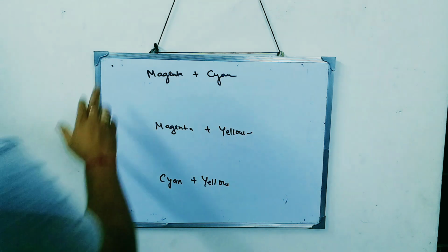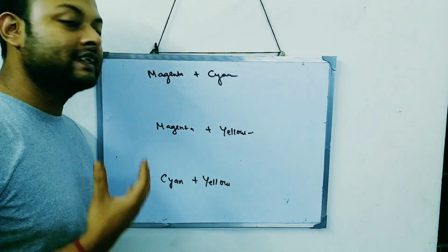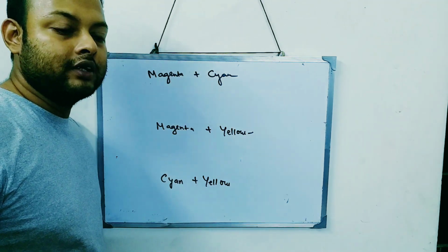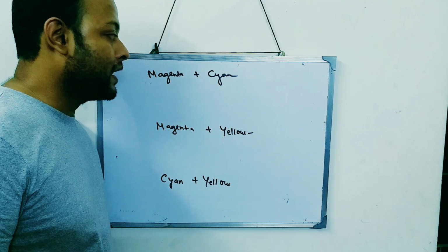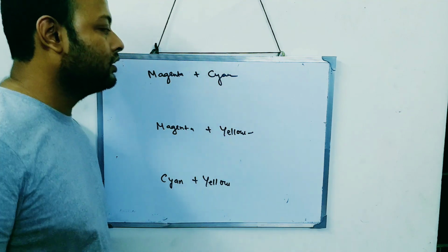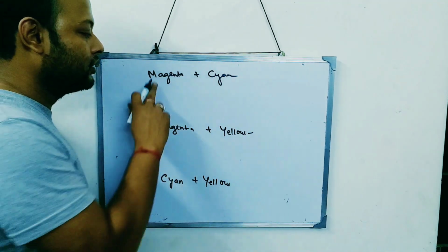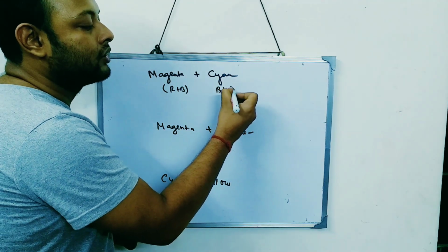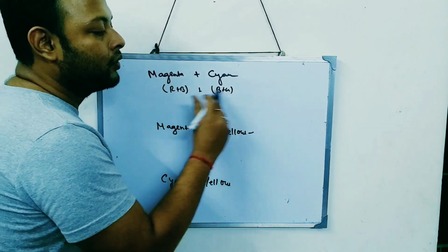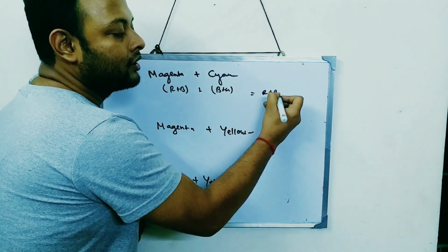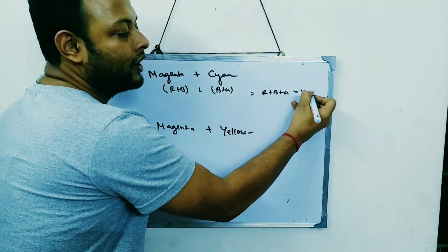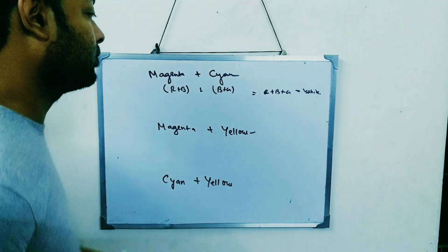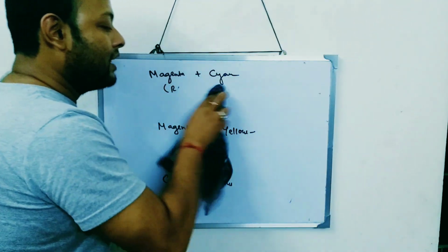Now over here, we are combining the secondary colors. If we combine magenta and cyan, what is the output? Don't think in this way, I'm telling you. Magenta is red and blue and cyan is blue and green. So ultimately my color will be red, blue and green, and the answer is white. No, this is wrong. If you do it this way, the answer is wrong.